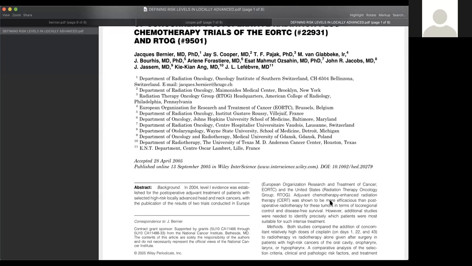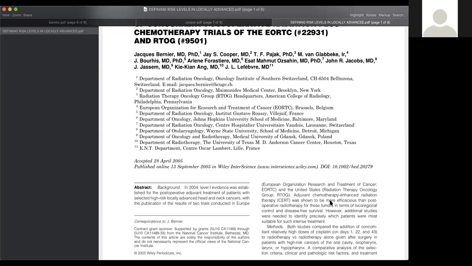You might have another trial looking at the same research question, but with different inclusion criteria, a different endpoint, or a different drawback, and you will always find some paper which has combined these trials, or a large population-based retrospective analysis,